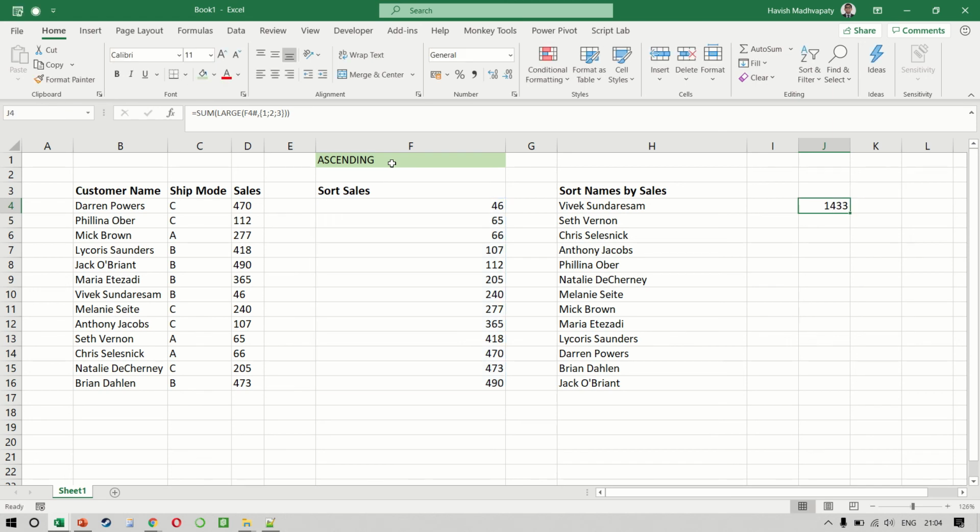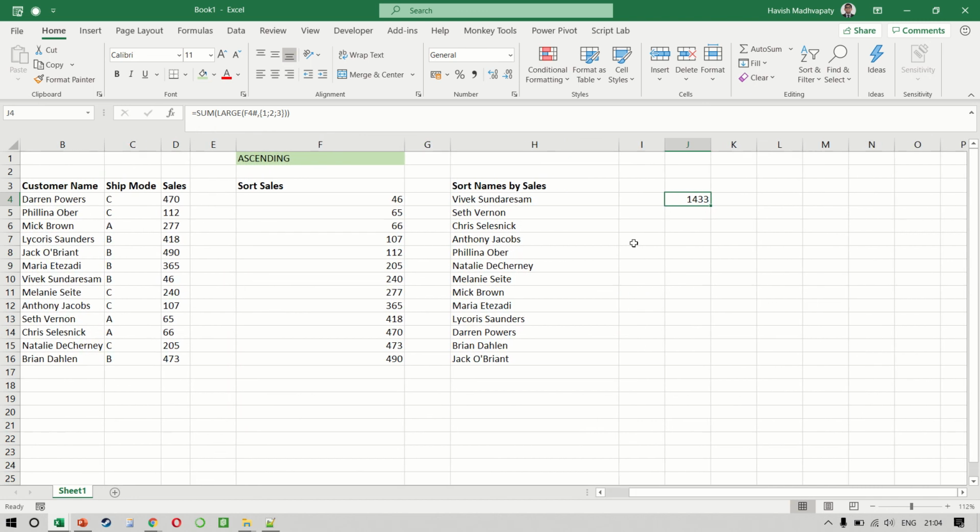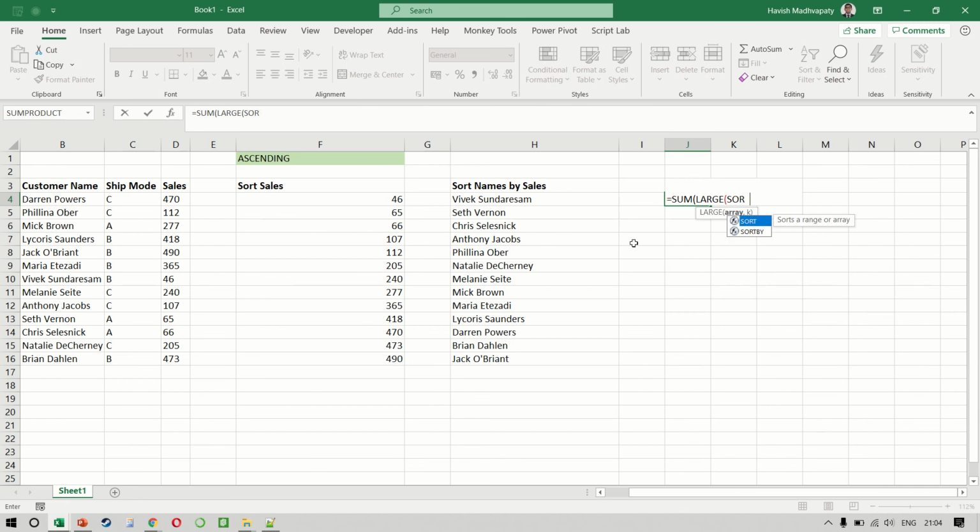As an example, if I wanted to find the sum of the three largest customer names, we could have said equal to SUM and then LARGE. Now my array here is going to be SORT my entire range and an index. So the index is an optional argument.